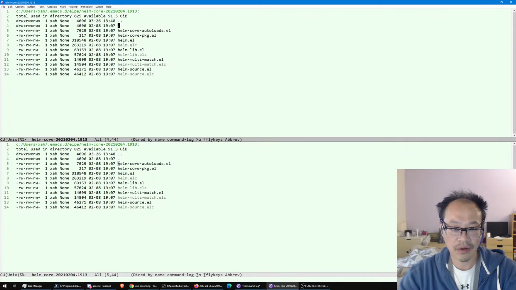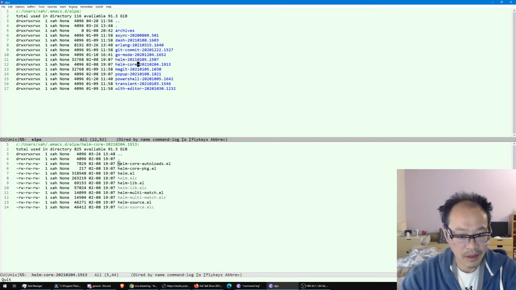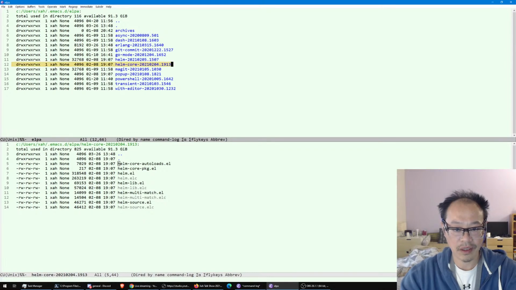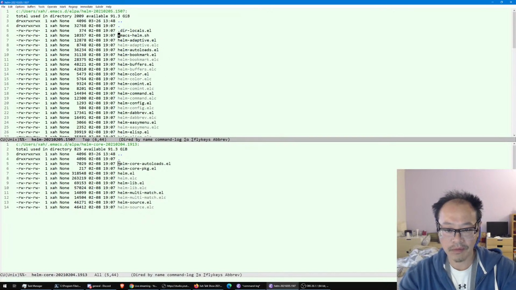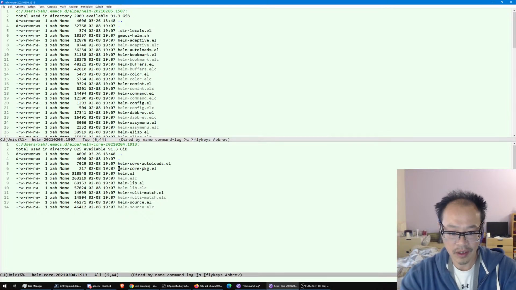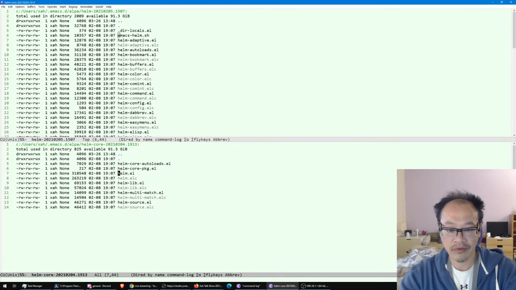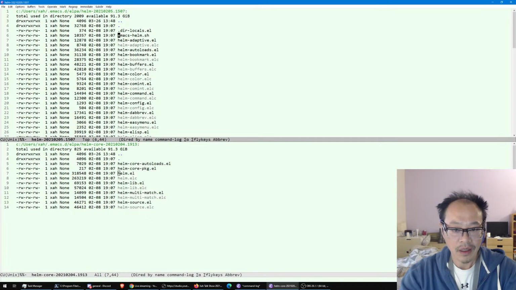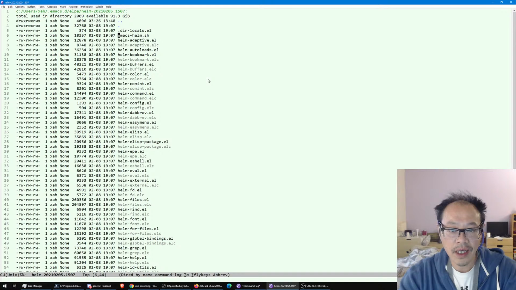So we go up one directory. You can see Helm. That's the Helm core. So in fact, there is another directory just named helm. So the package Helm apparently contains two directories. One is helm-core, which I suppose is the heart of the engine, the Helm fuzzy matching engine. Then you have the helm directory, which contains, let's see,